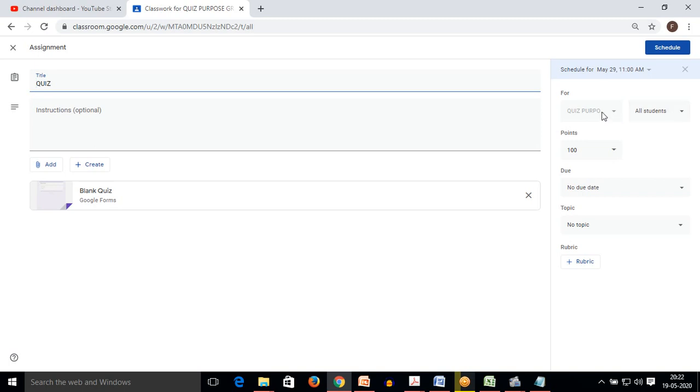Now for this I initially need all the students to have joined my class using the class code. Currently there is no student list showing, but if in your classroom there are students, you can see the names of individual students, so the quiz can be assigned to a particular student or students only, or it might be assigned to all students.